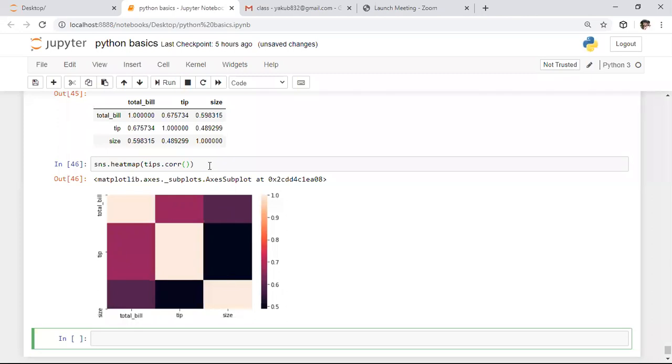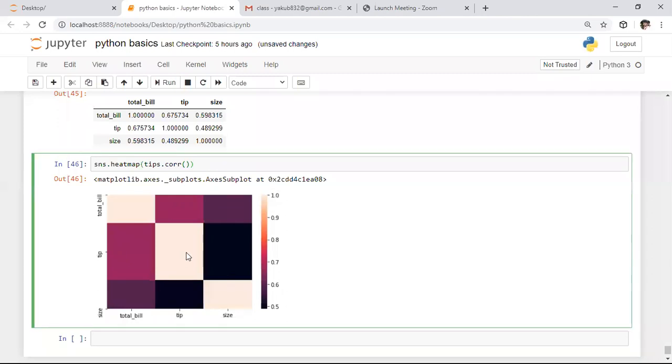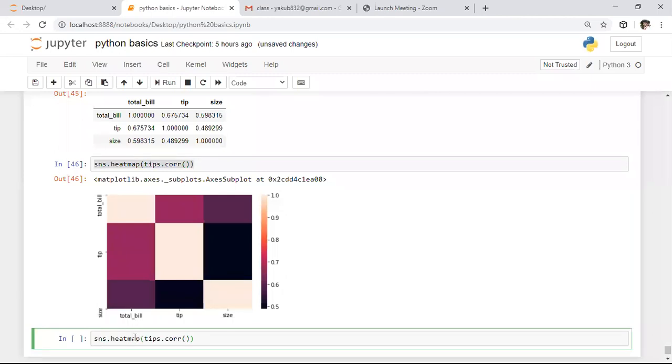Here, if you observe, we are getting the scale and the correlation color patterns. In these color patterns, I want to get the percentage of the correlation. To specify the percentage of correlation, I want to plot that in one more cell, so I'm copy pasting that as it is. If you want to represent the correlation percentage in each and every grid, in each color itself, you want to get that.